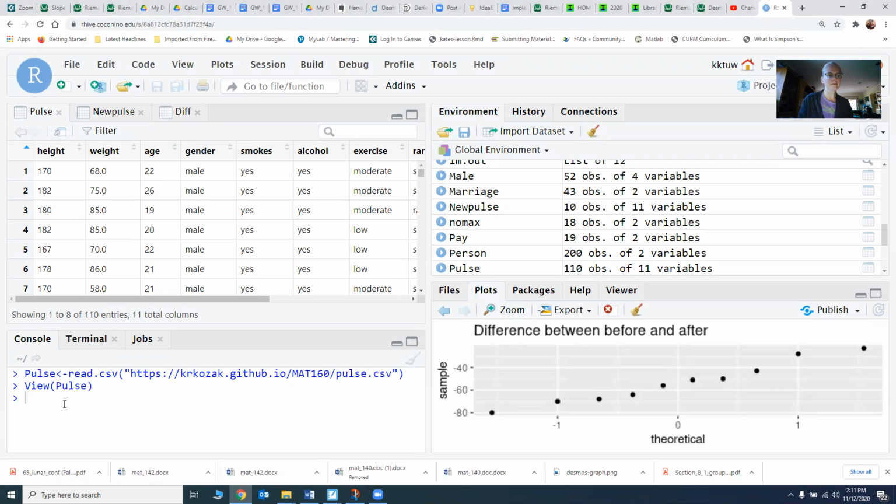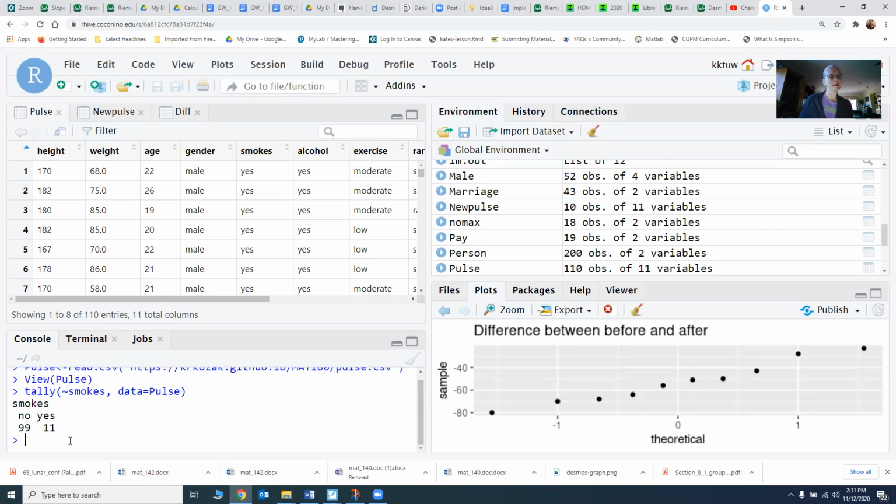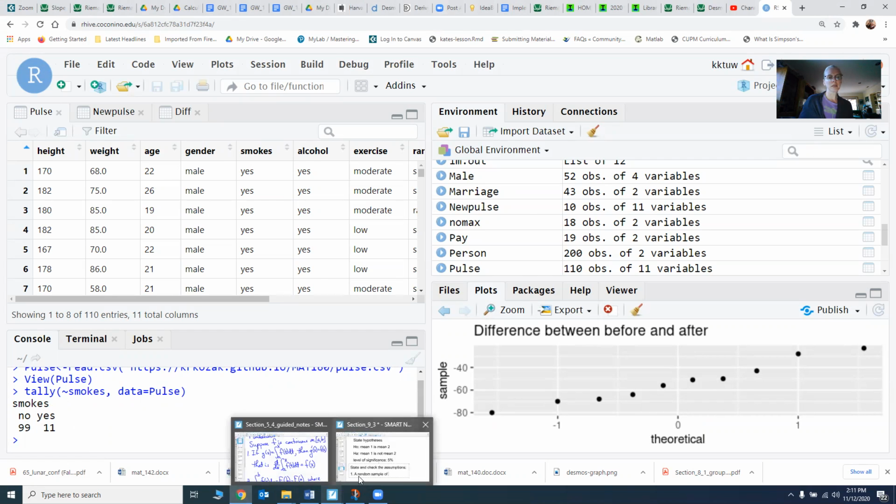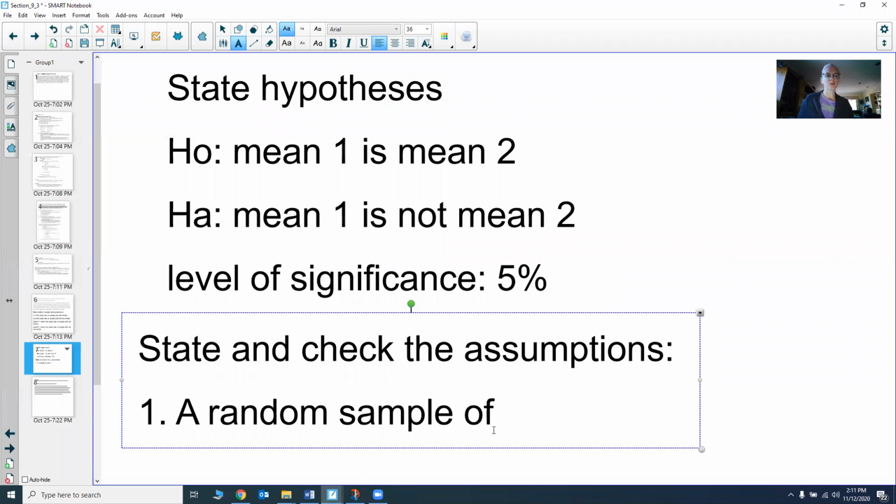I could tally the smokes in the data set pulse. And it gives me an idea of how many there are. So there's 99 no's and 11 yeses. Okay, so they're not the same size. And again, that's okay. It's a little bit better if they were closer, but that's what we have. So a random sample of 11 pulse rates